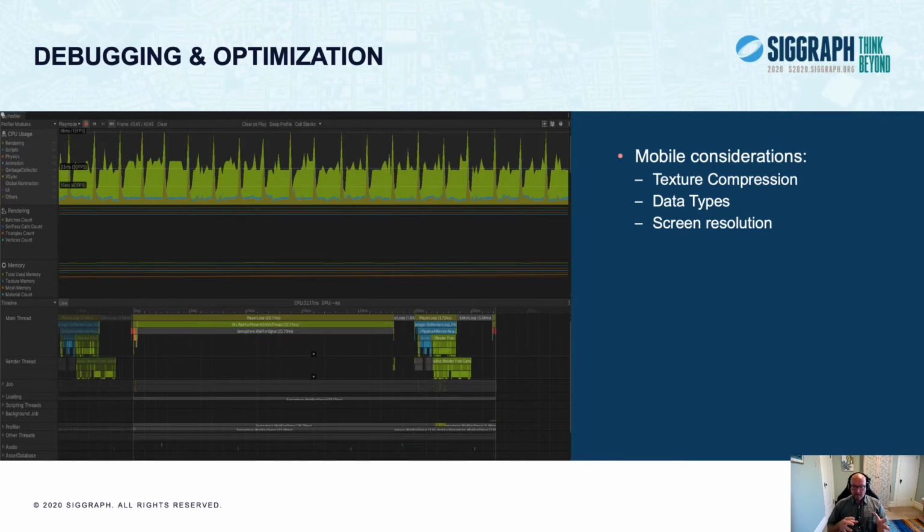And then in terms of screen resolution, I will say the resolution on some of these devices is insane. So pretty much never render at native device resolution. You're fundamentally outputting to a small, probably smudged screen, and you're likely not to notice the difference. Some devices have a small enough native resolution, but if you're rendering at like QHD+, you're asking way too much out of your CPU, GPU, and memory system.